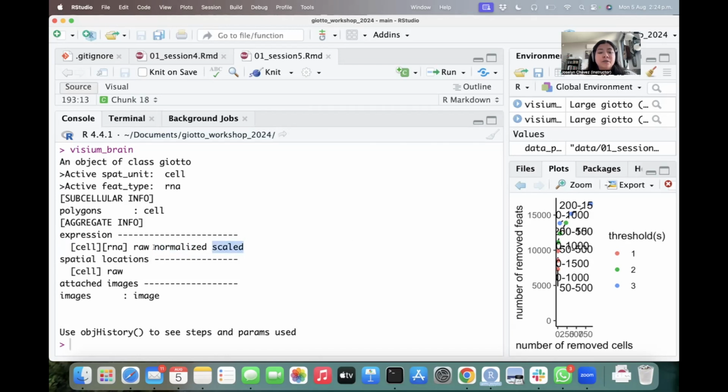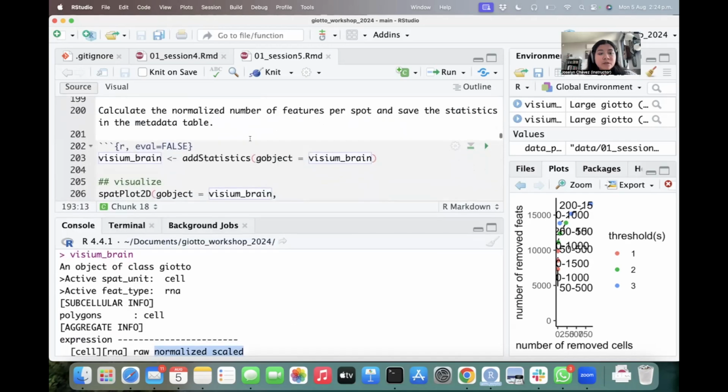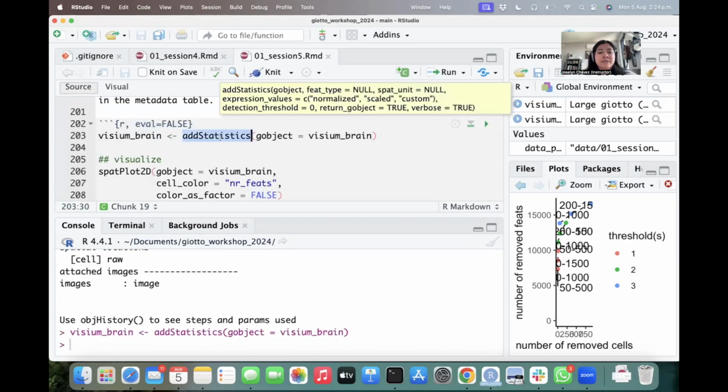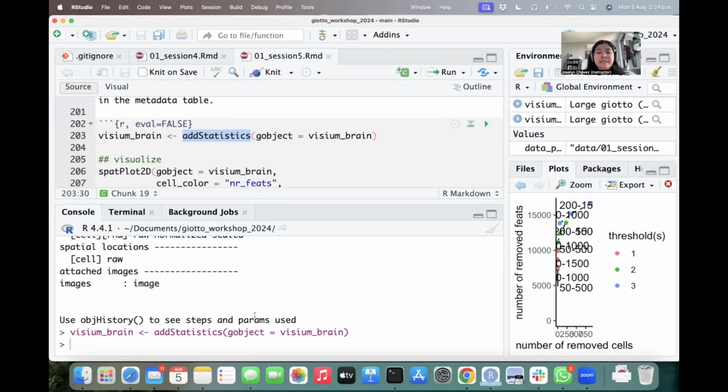And these are matrices that we are going to use in the next steps. So once we have performed the normalization, probably we'll want to calculate the statistics again. So this time the statistics function is working on the normalized counts. So this time, in the metadata table, the column showing the number of features